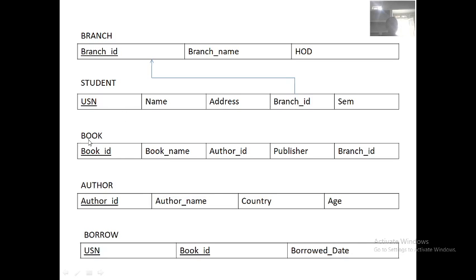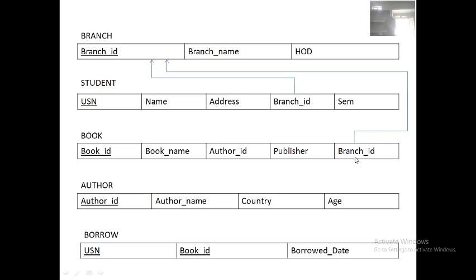Now we will come to book. Book ID is the primary key, then book name and author ID. Book name is an attribute. Then publisher is there and branch ID is there.